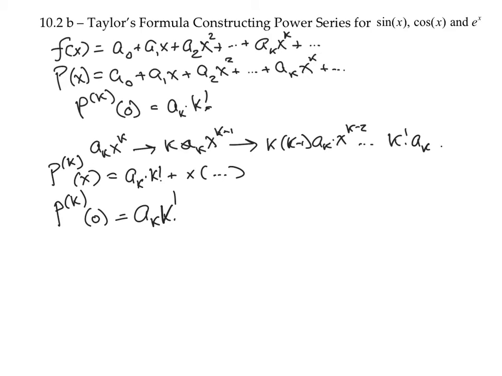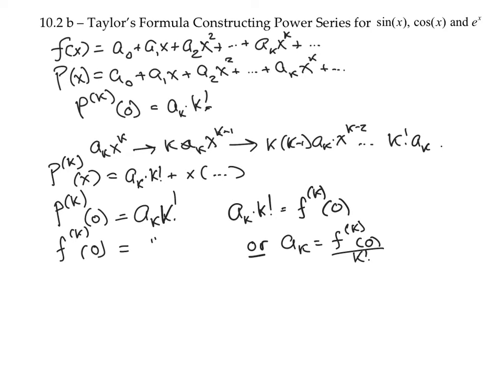Well, we want this to match the kth derivative of the function f, the one that we're approximating, at 0, and so that means that the kth coefficient in our polynomial that approximates the function f will be